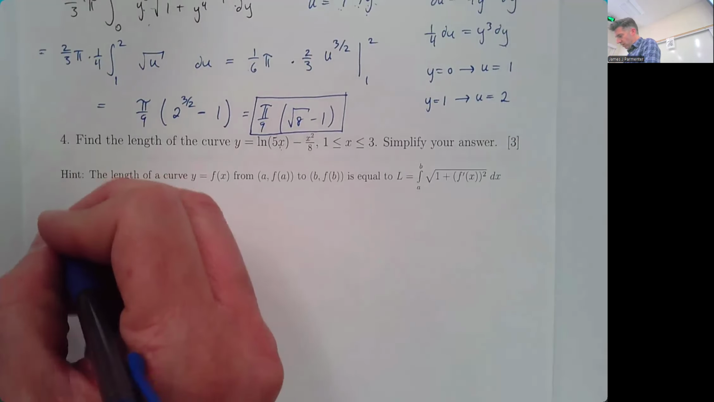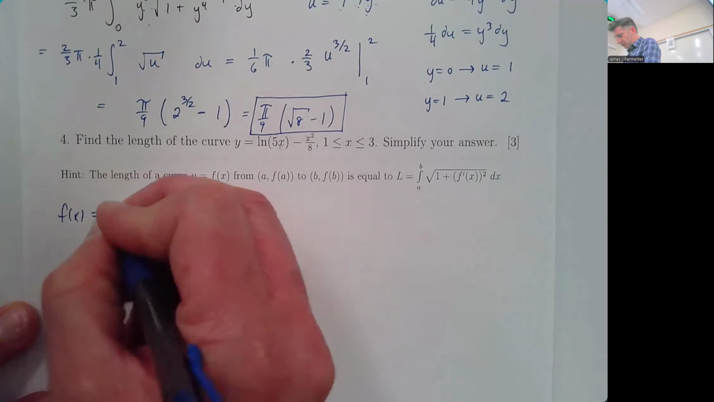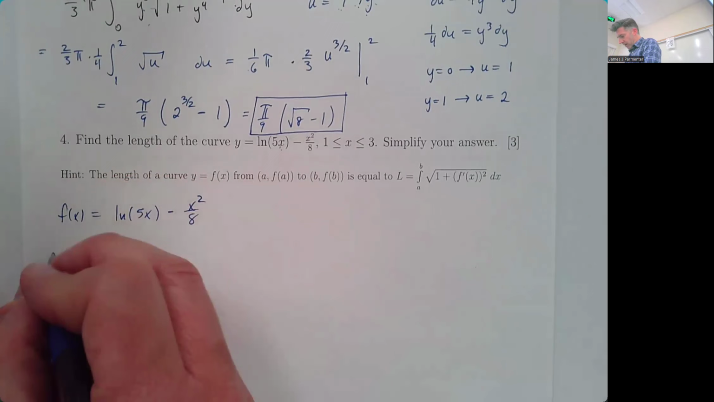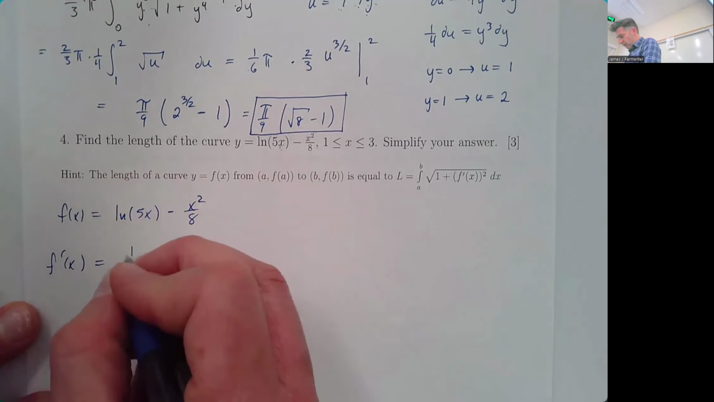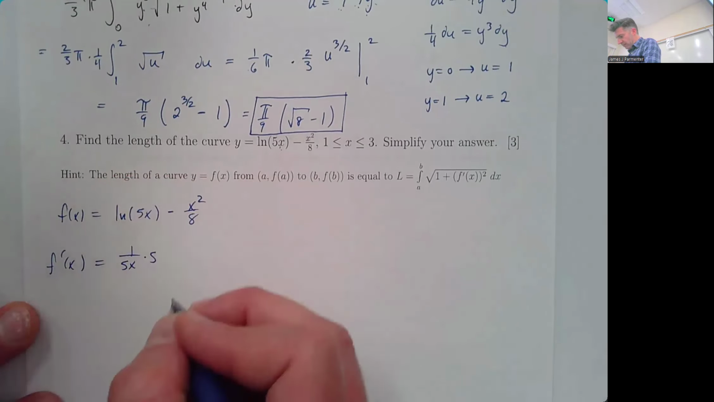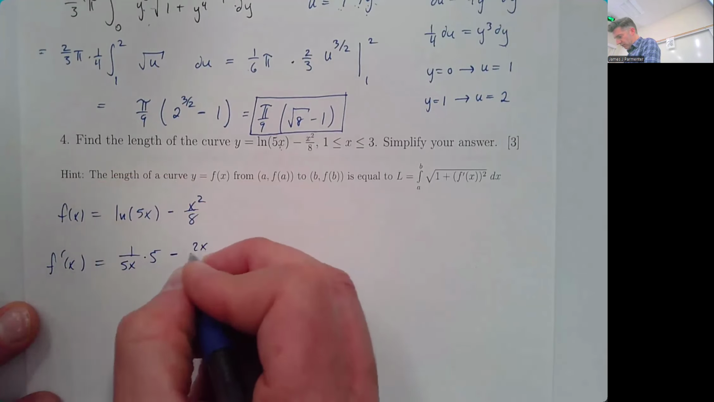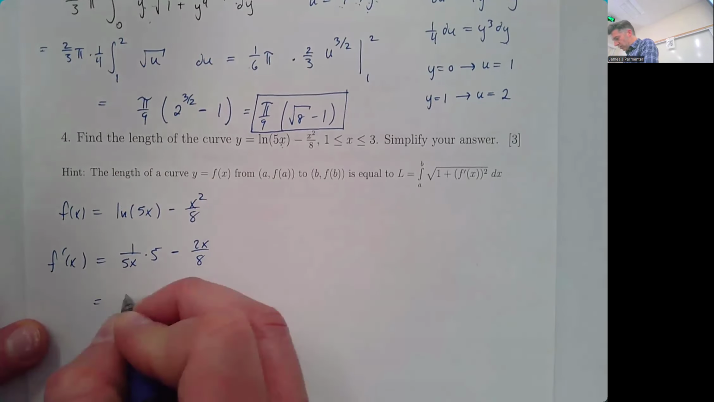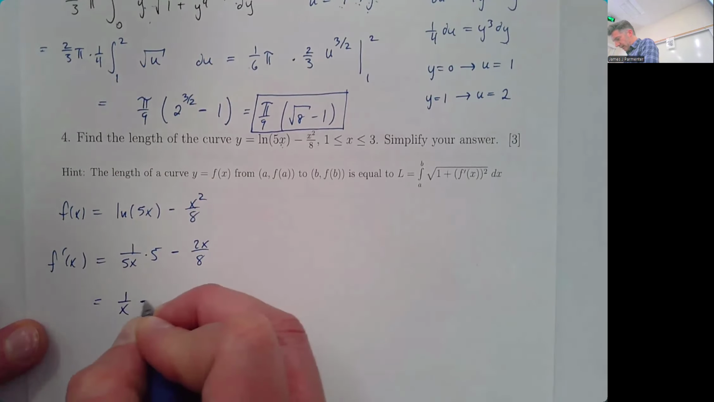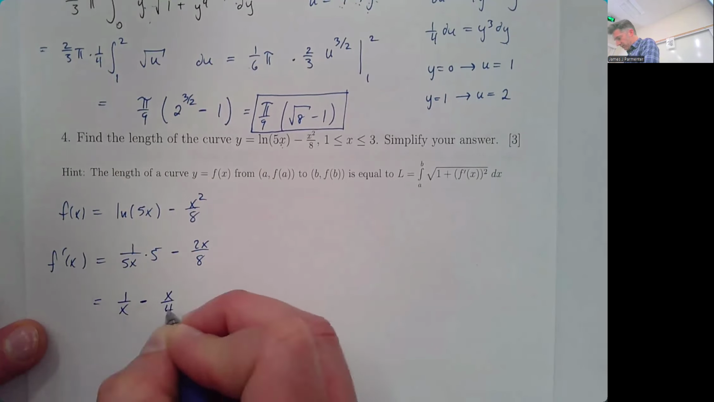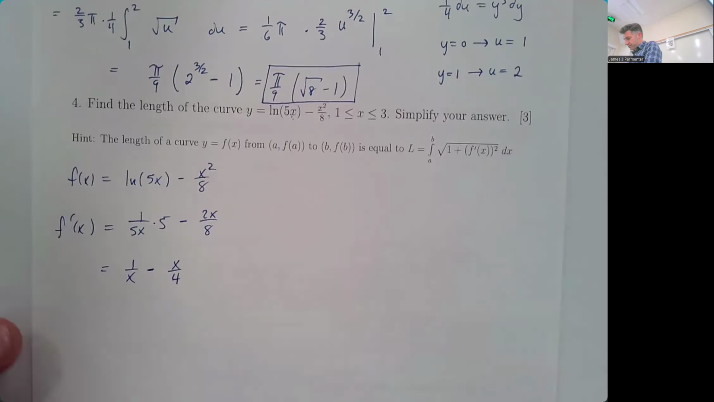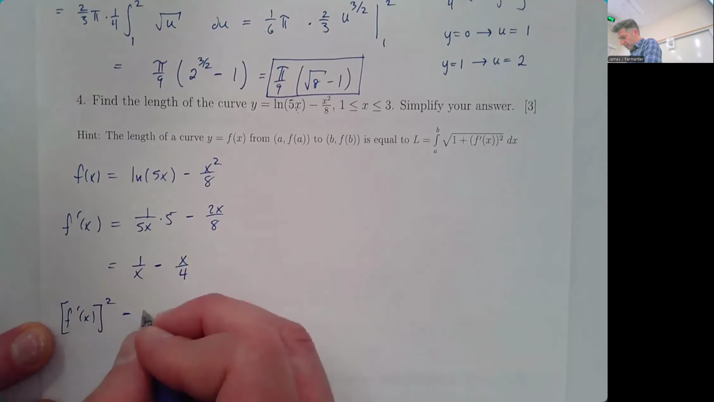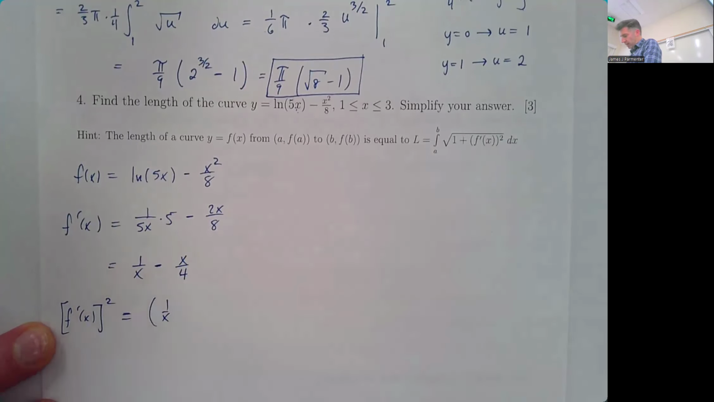So our f of x is the natural log of 5x minus x squared over 8. Our f prime of x is 1 over 5x times 5, minus 2x over 8. We definitely want to simplify this. That's equal to 1 over x minus x over 4. And if I square that, my f prime of x squared is 1 over x minus x over 4,